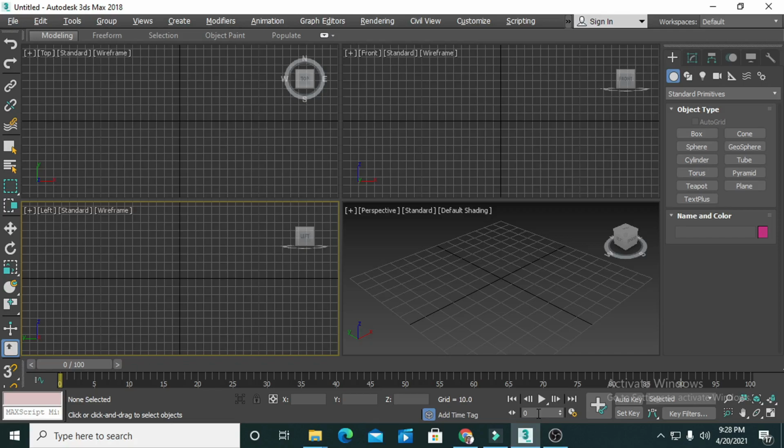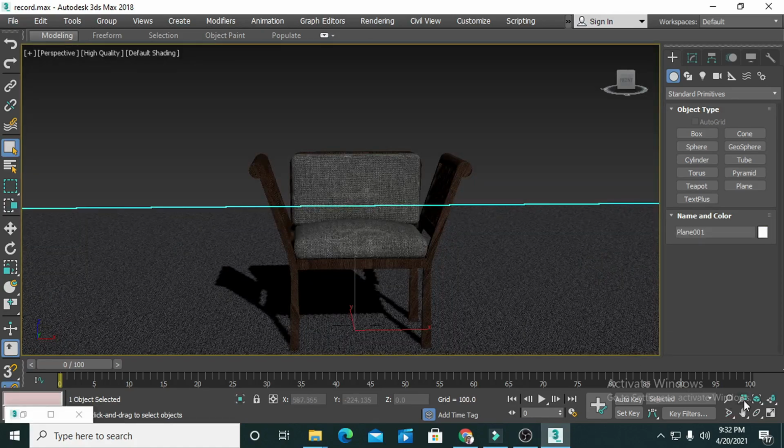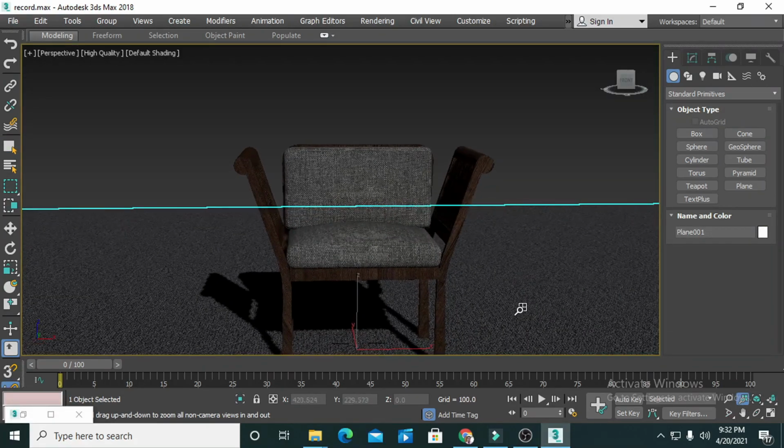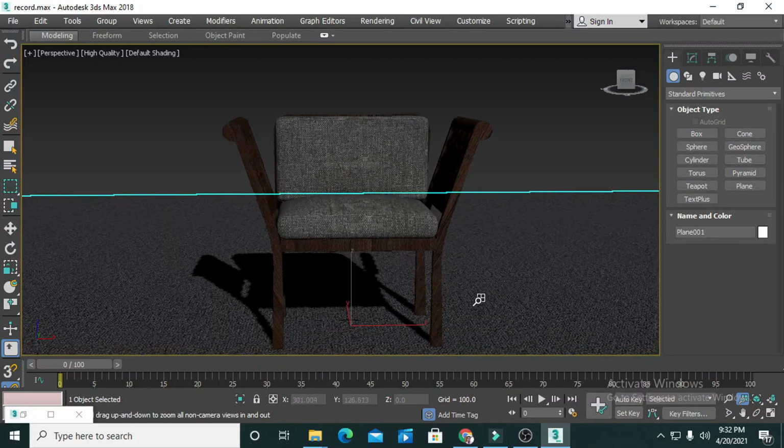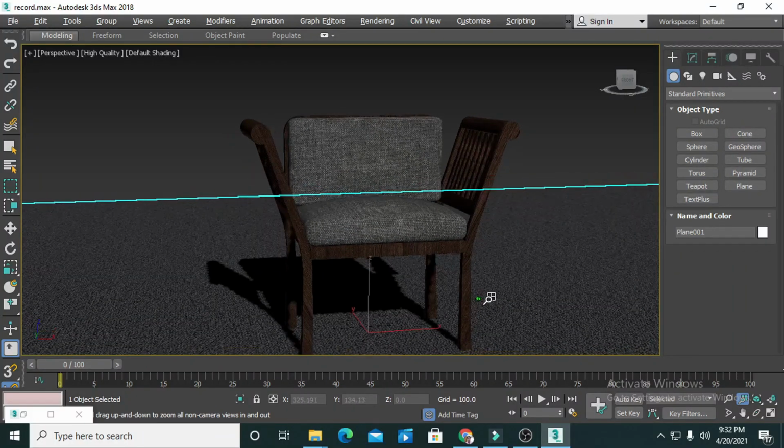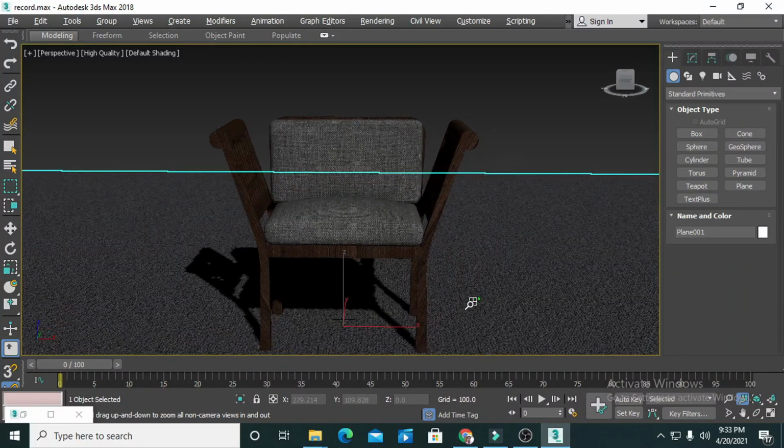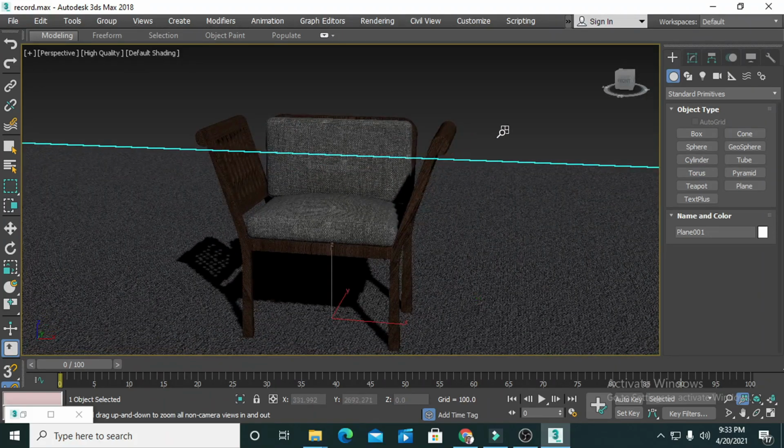Today's video is going to be very interesting, and in today's video I am going to show you how we can create a very cool looking one-seater sofa within 3ds Max. So first let's check what we are creating, and then I will tell you how we can create that. So viewers, today I am going to create this one-seater sofa. So in this video we will find out how we can create this, and this is going to be very